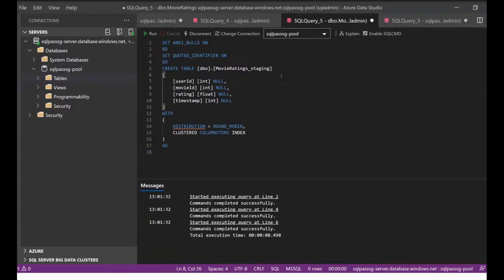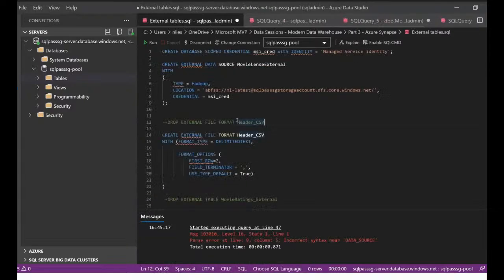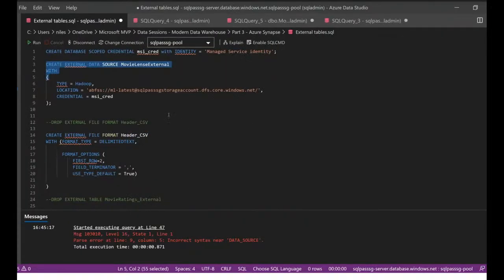The first thing we do here is we create an external data source. External data source is like a pointer to data which is not sitting inside the SQL data warehouse.